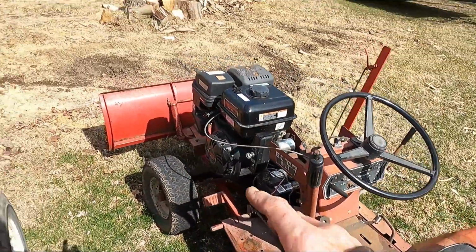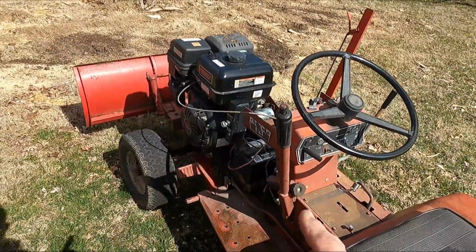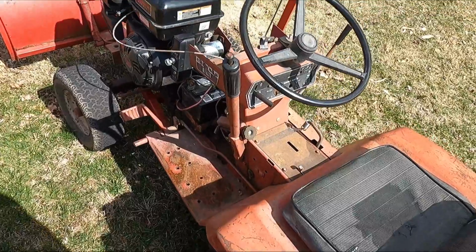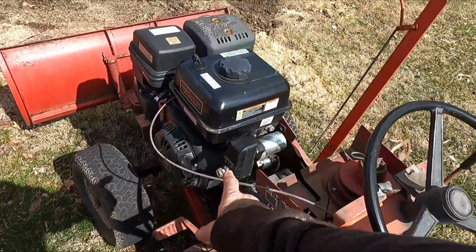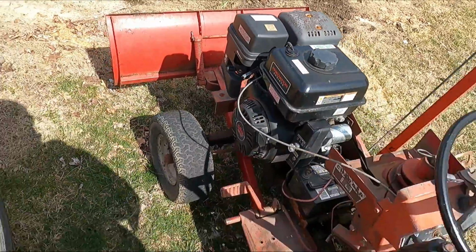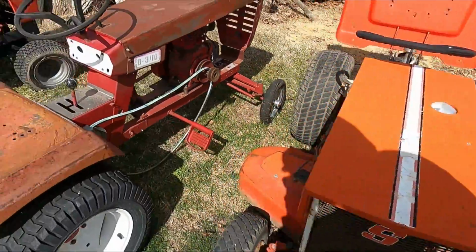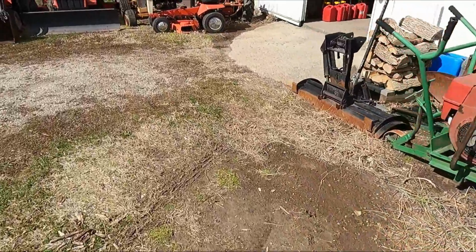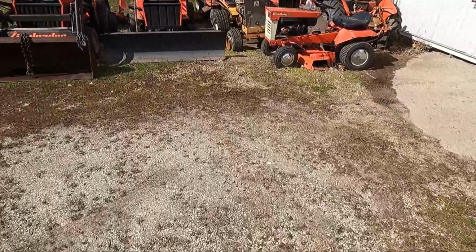Over the winter, my neighbor Dave over here used this for pushing snow all winter long. It did great. This has the 14 horse Predator. That will be coming off because when I went to pick up this latest Sunstar, I also got,